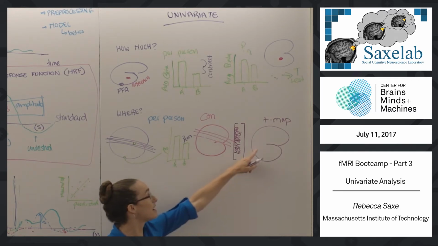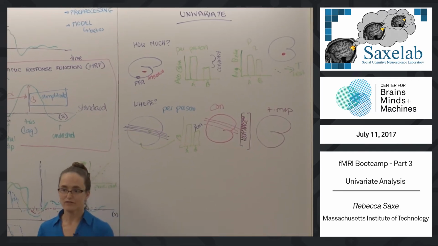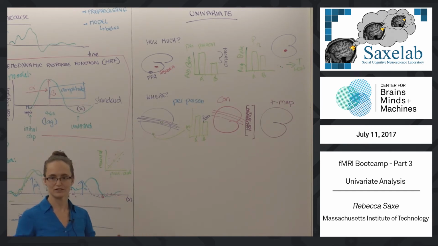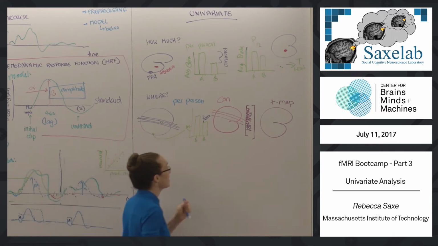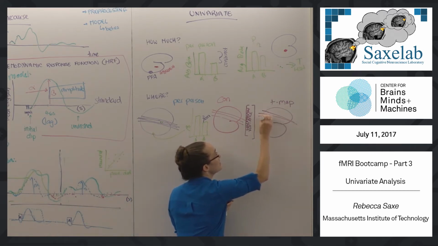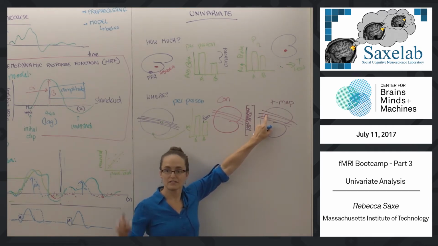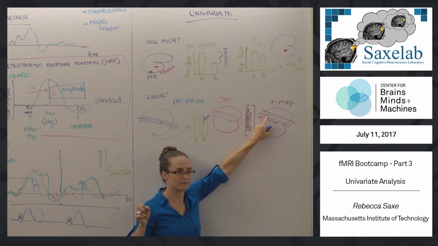Yep. And so a T-map has a value at every voxel. Can T values be negative? T values can be negative. They can be large positive values. They can be large negative values. The null distribution is near 0. Effectively signal to noise. OK, so now we have another three-dimensional image, which is at every voxel, the T value, the size of the contrast A minus B relative to the unexplained variance in that voxel over time. Right? So for this participant,